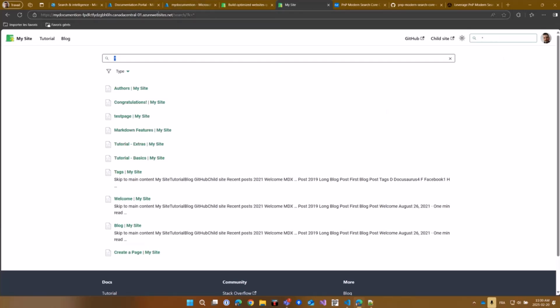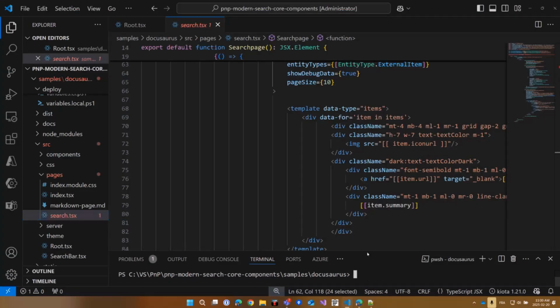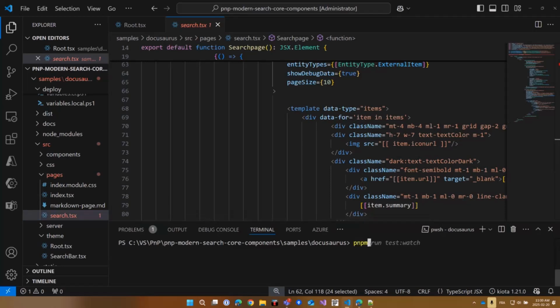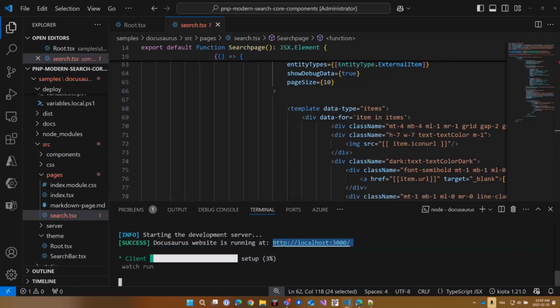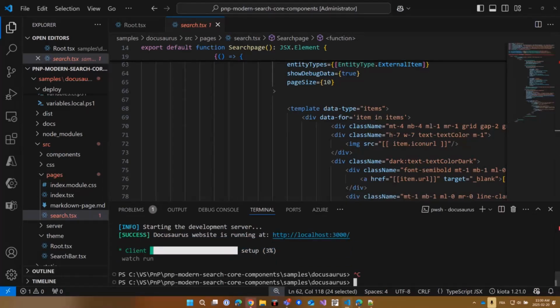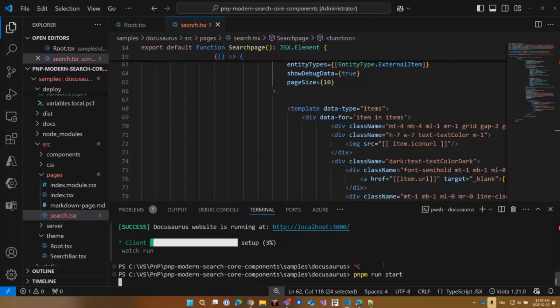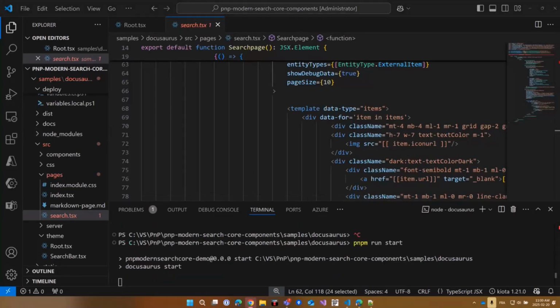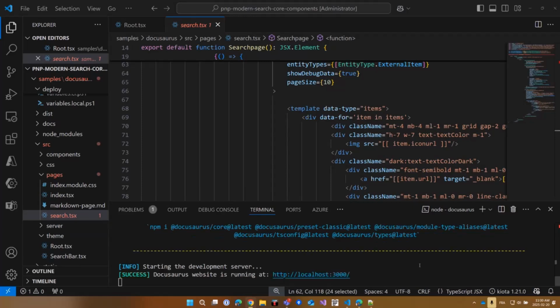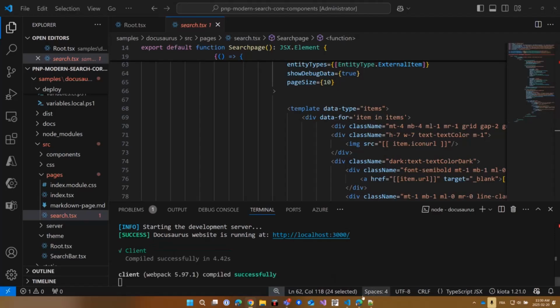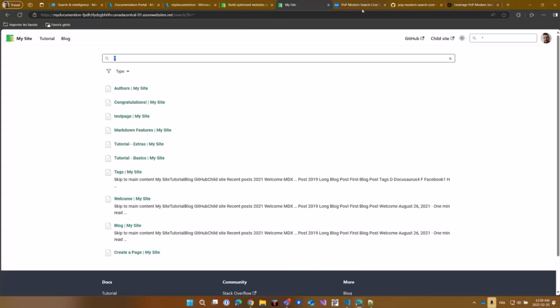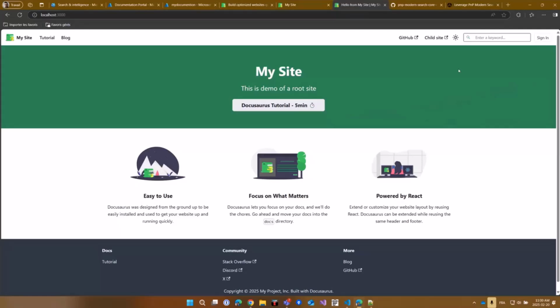This is the web application scenario, but if you want to test it locally, for instance, on the Docusaurus site, you can simply run a command like pnpm run start. It will spin up the local server there, and normally you will see the difference. Okay, perfect. And now if I go on that page, you have the exact same motion, but the difference is